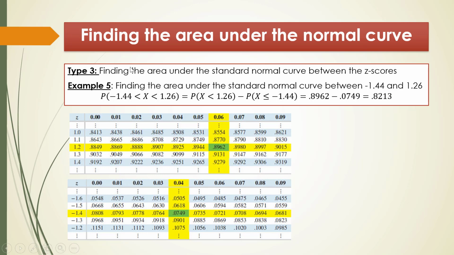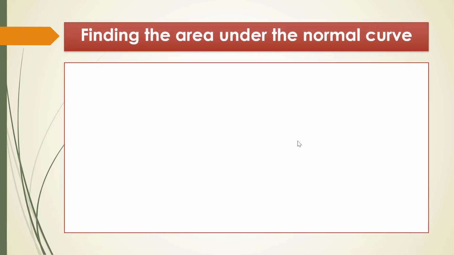So type 3 is a little bit harder than type 2. However, working with z-scores is still simple. Now we go to the more challenging type of question, that is finding the area under the